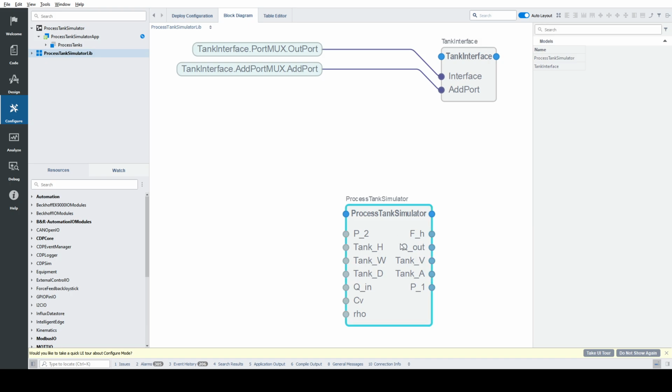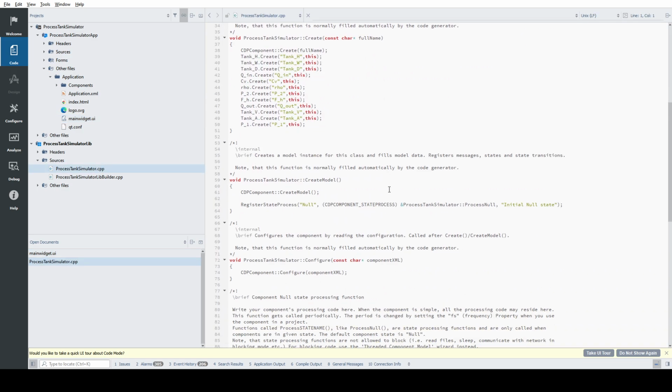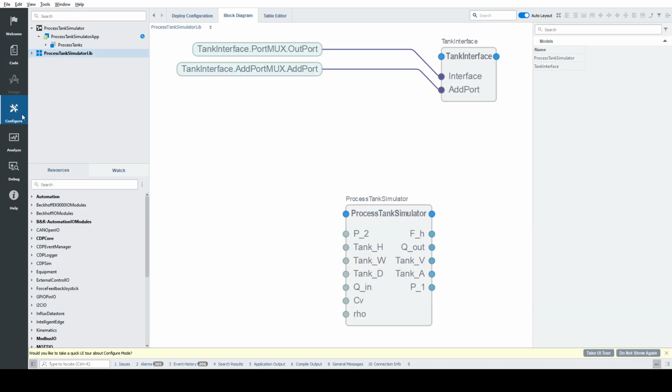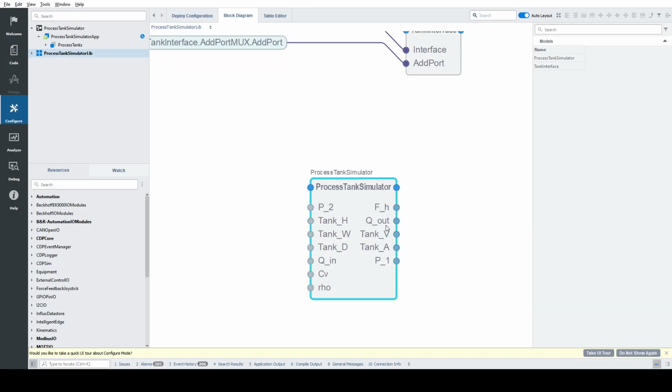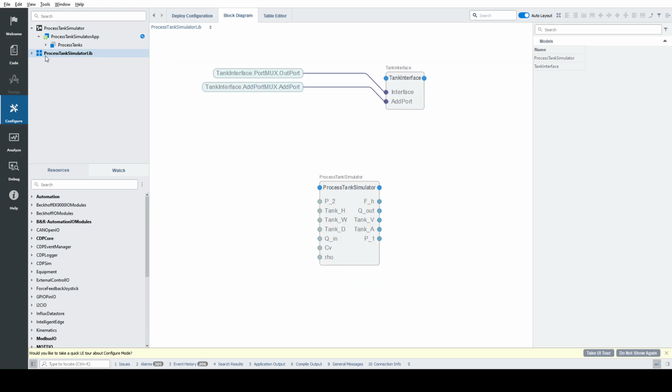And for this process tank simulator, I have implemented a simple C++ program, which takes parameters from the user, and on the basis of that, it calculates and gives out the signals: fluid height, Q out, tank volume, tank area, and P1 at any particular time. So